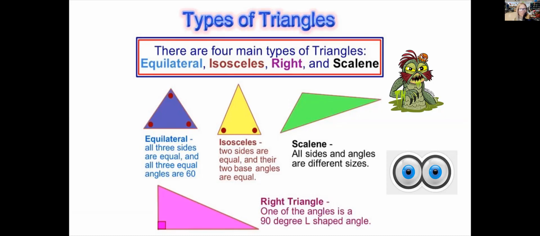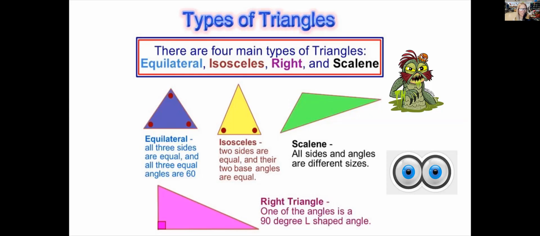Isosceles. Scalene, that's the reason why I put a monster over here, because a scalene has no equal sides. They have all different sides, all different angles, all different sizes, and it's kind of like a monster. A monster is all scaly. He's got different lengths. He might have one eyeball looking in one direction, another in another direction, and his arms and legs might be different sizes. So I try to think of a scalene as a scaly monster, all mixed up, all different sizes,